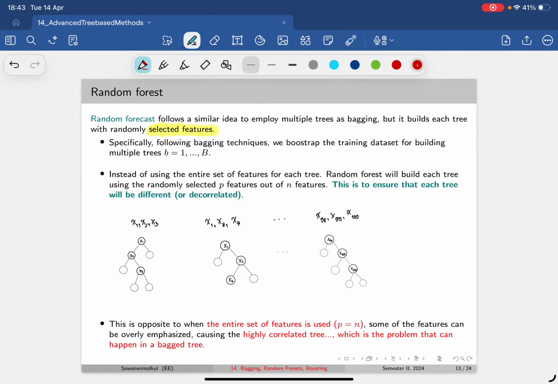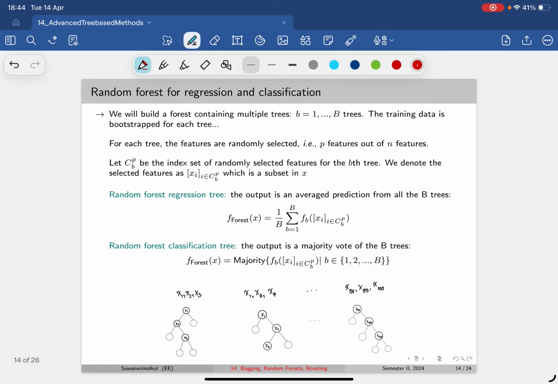Random forest is the idea that's improved from the bag tree. The idea is that we want to sample the features on top of the fact that we also sample the training samples, and this would make the trees highly decorrelated, and it's improved further from the bag tree concept. Actually, the way that random forest aggregates the result is going to be the same as the bag tree. That is, for example, if we do regression, we would just average the